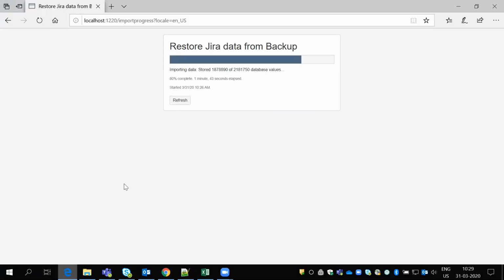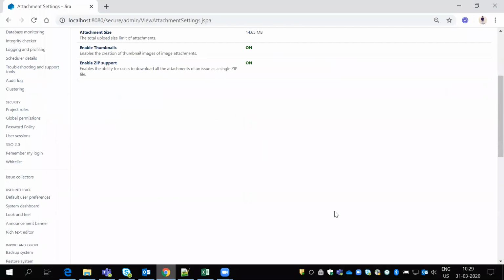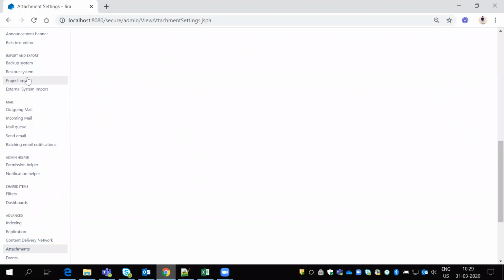This is one option. Or else we'll take a complete backup of those 5 projects, and once we take the backup we'll restore that data here. Once we restore that data, we also have the project import option. If you come down here, the project import option is there. From that backup, we can import those projects only, project wise. If it is 5 projects it is fine, but if there are more projects, it is a little bit of a headache. So 5 projects and 85 projects is fine.